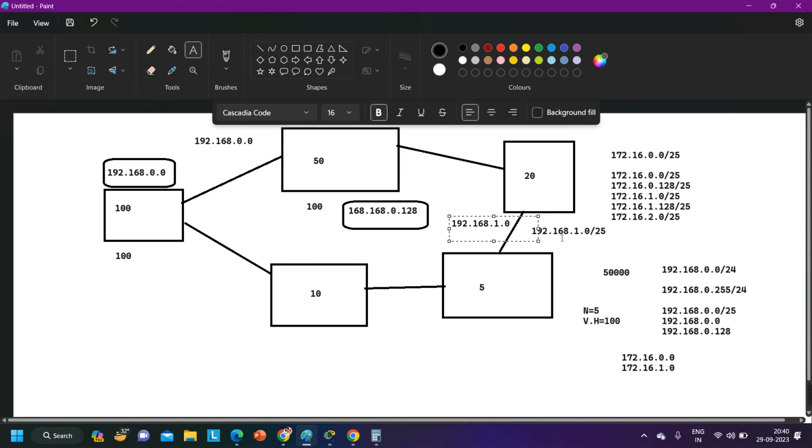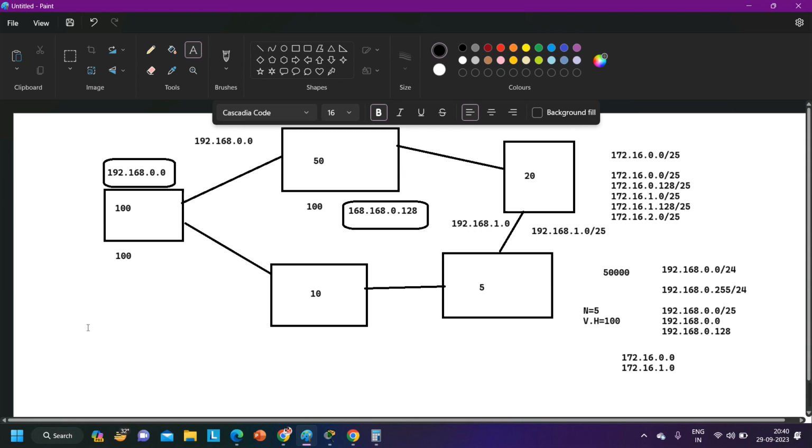If we assign a separate VLAN and create it, then obviously it will definitely be a different network only. It cannot be in the same network. Even if, let's say, for 172.16.0.0/25 I'm assigning VLAN number 10, and for 172.16.0.128 I'm assigning VLAN number 15, let's assume. The concept of subnetting itself is to divide one big network into two small